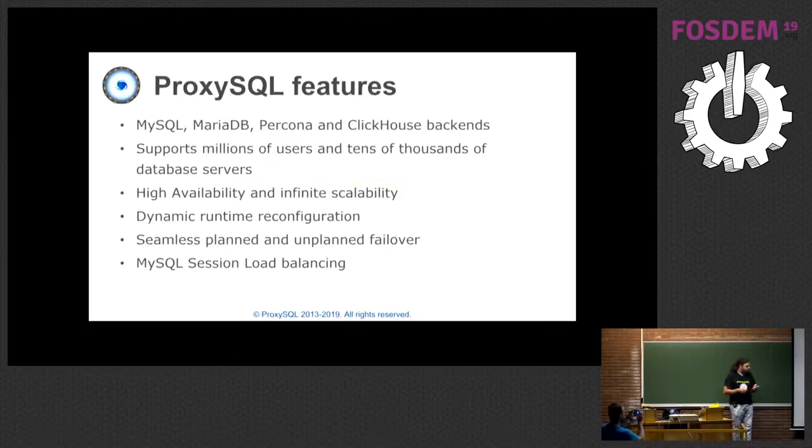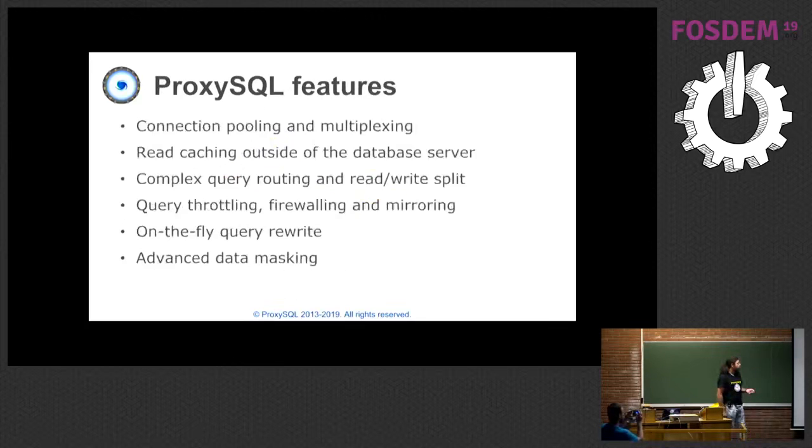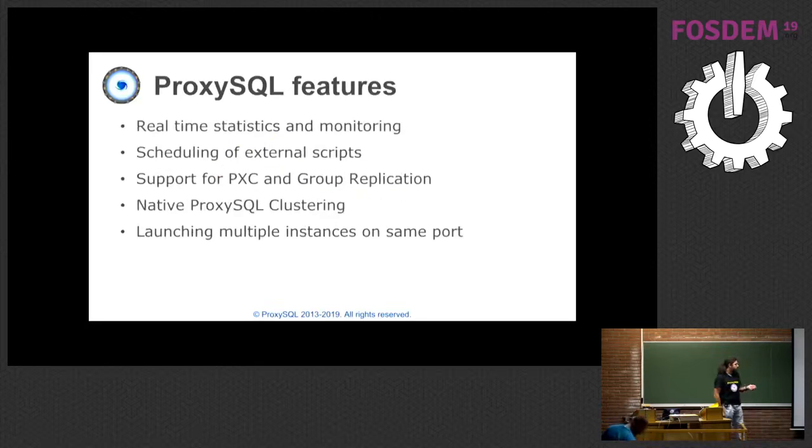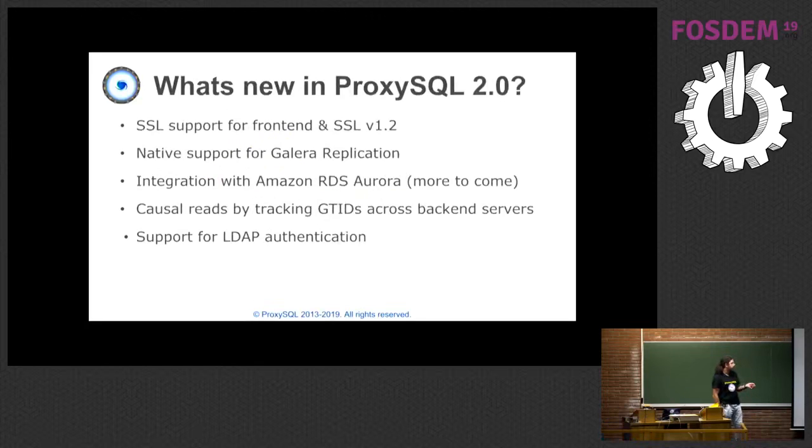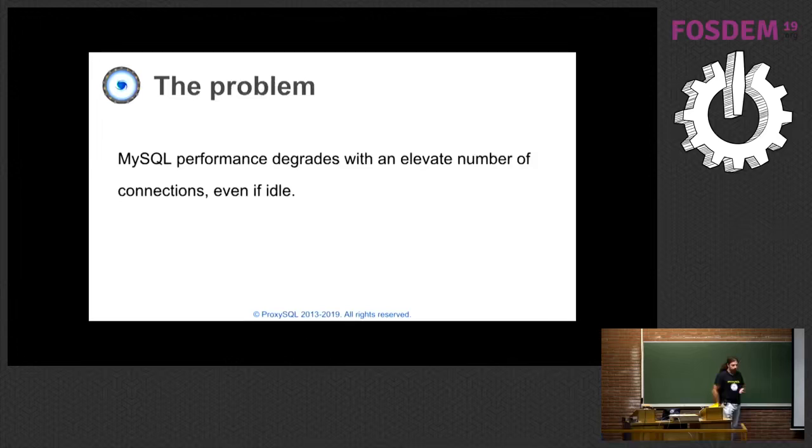There is a bunch of features that I'm not going to go over in this presentation, but the most important feature that we are going to discuss is multiplexing. The reason behind this is to solve one specific problem that is quite common in MySQL. In MySQL Server, when you have a lot of client connections, performance tends to degrade very badly. The higher the number of connections, like 1,000 or 10,000 connections, performance drops drastically.